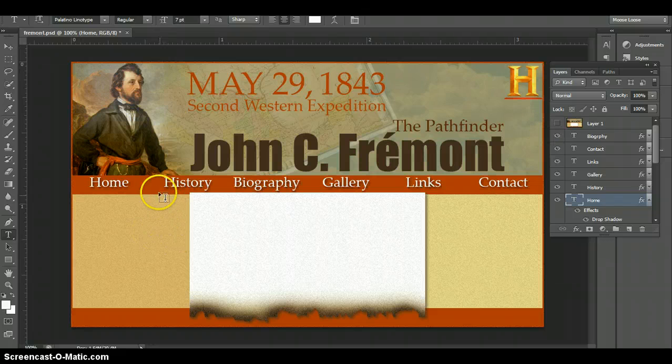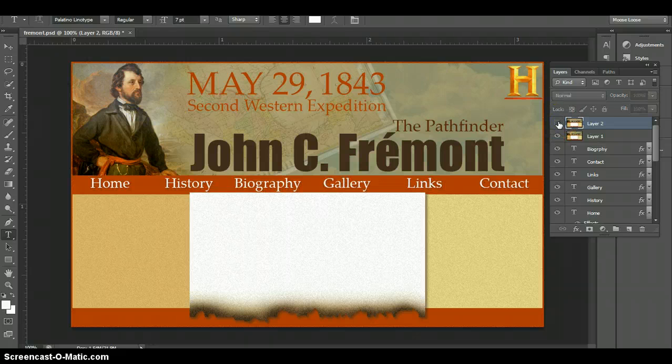Okay, so if I'm happy with this, I will create a new layer above that one, and now with the shadow showing, I will do a Command Option Shift E. So now I have 2 layers on the top, one for rest, and let's go ahead and label this rest and hover. Okay, so now we have the rest